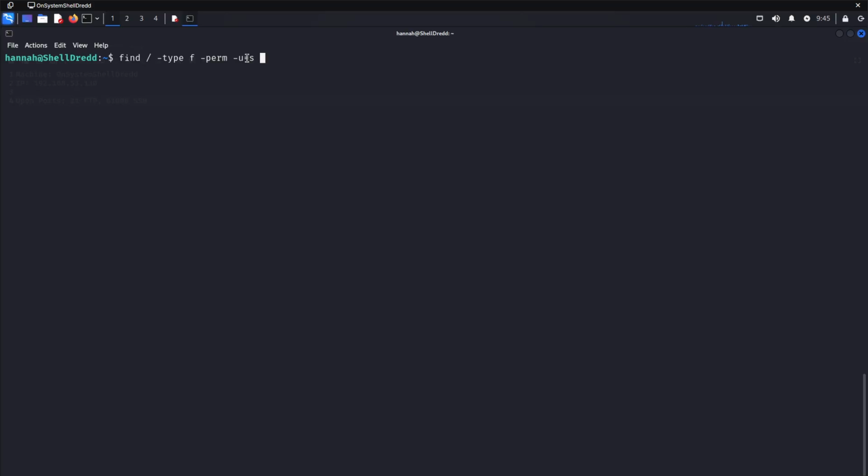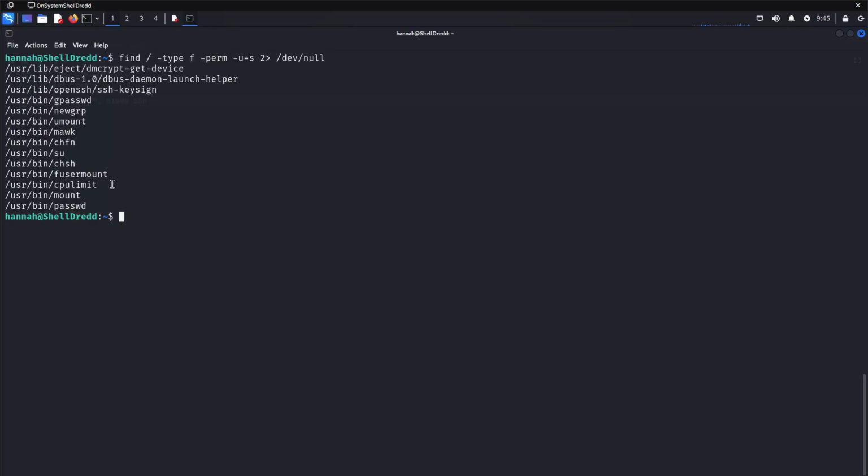But as we are a normal user, we don't have permission for all files in the system, so there can be errors like permission denied and other types. So I'm going to redirect all the error messages to /dev/null. Then I'm going to press enter and find the specified